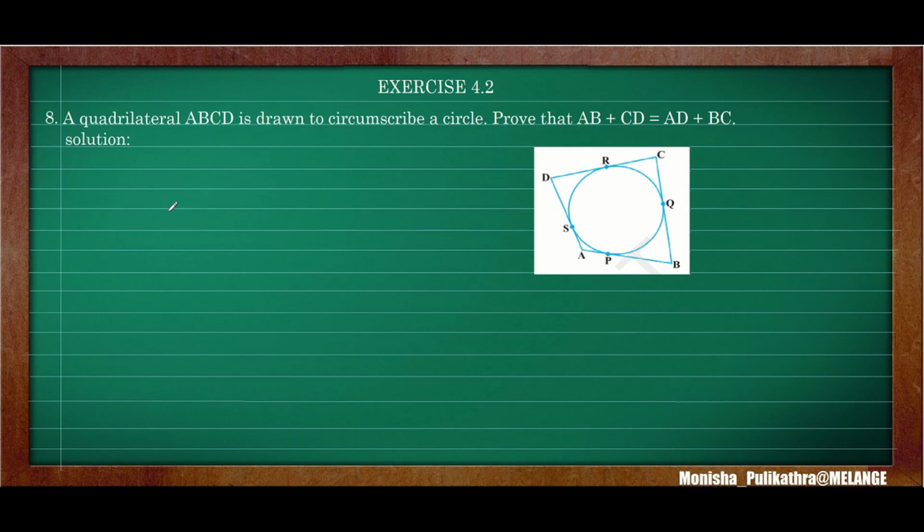So there are two things, one is circumscribing and the other is inscribing. Inscribing inside a circle means a polygon has been drawn inside a circle. Here in this diagram, they have drawn the quadrilateral outside the circle. So if something is drawn outside the circle, then it is said to be circumscribed. If something is drawn inside the circle, then it is called inscribed. They will ask questions like that, circumscribe and inscribe.